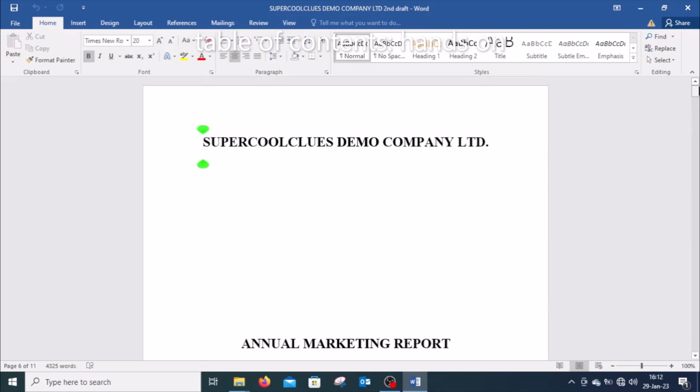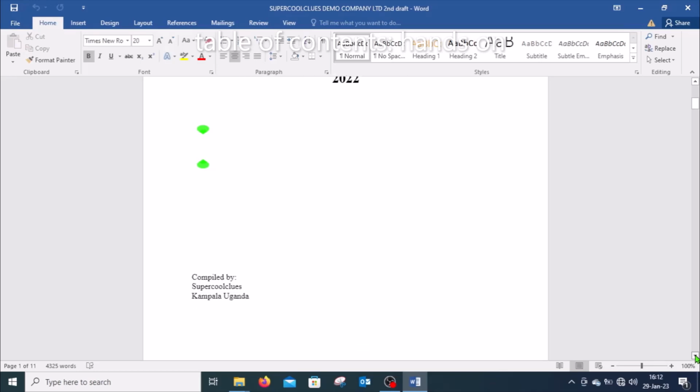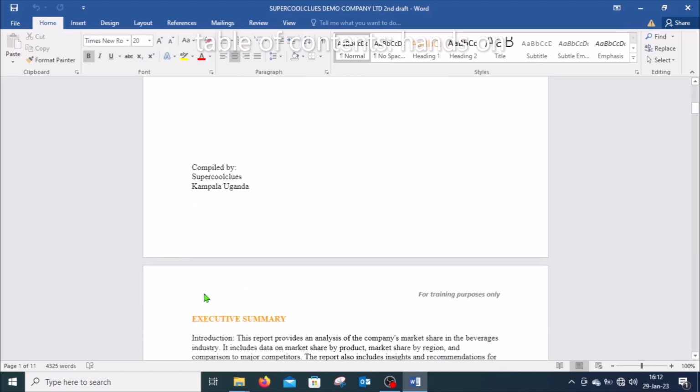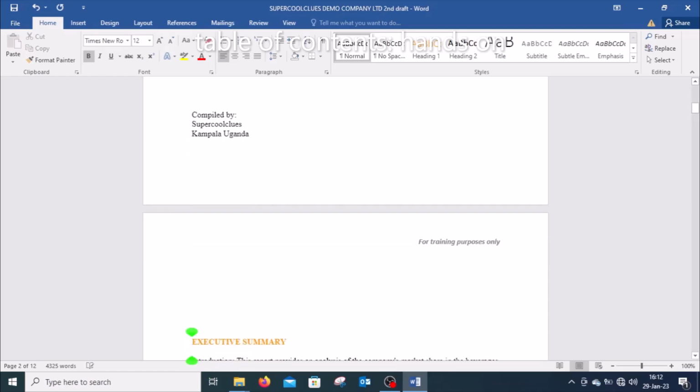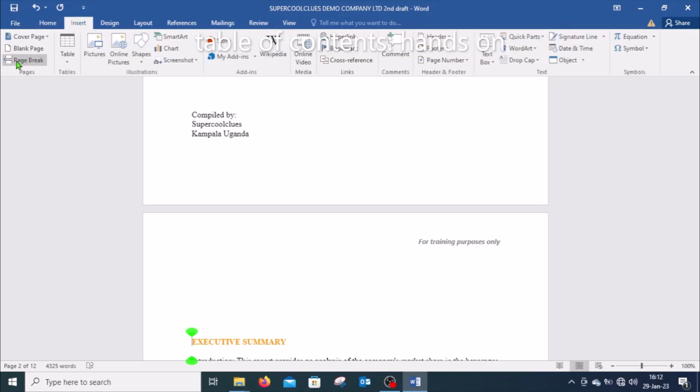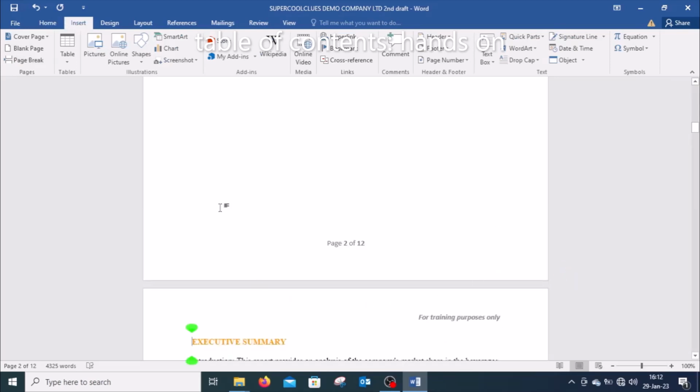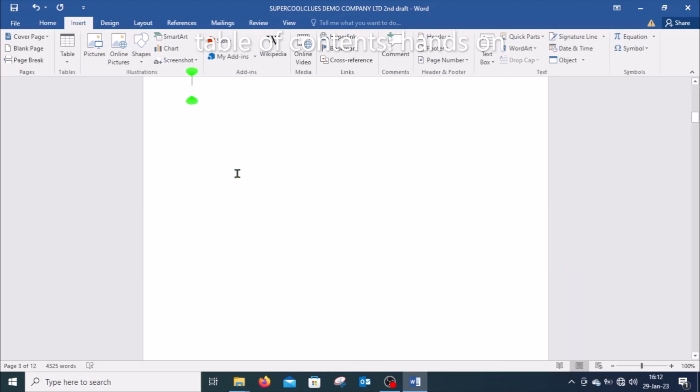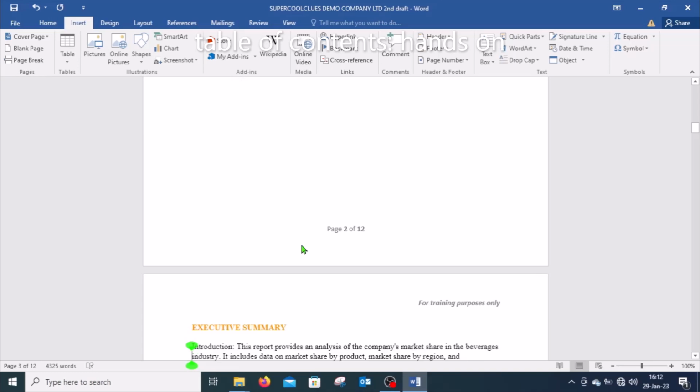The next thing you need to do is identify where in the document you want to put the table of contents. In this demonstration, I want to put the table of contents after the cover page, but before the executive summary. So I create some space there. Actually, I insert a break so that I can get a blank page. So my table of contents is going to be on page 2, which is now the blank page that I have. So I go to the top of this blank page, page 2,